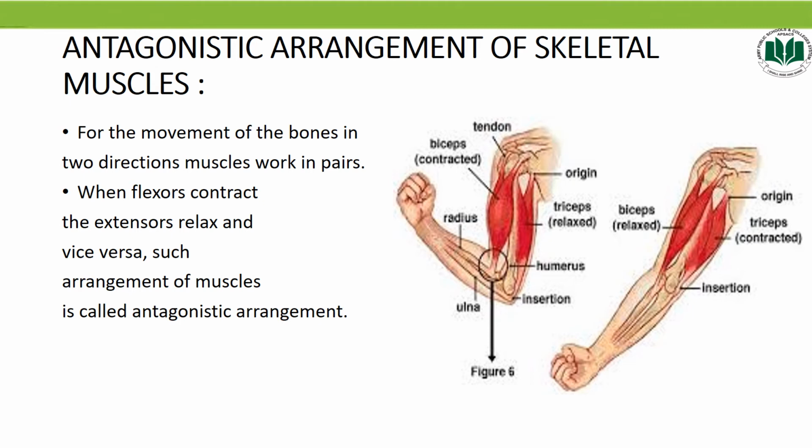So students, as you can see in the diagram, the bicep and tricep are a pair of antagonistic skeletal muscles in our upper arm and are connected to the bones of our arm by our tendons. And as we discussed in the previous lectures, tendons are basically the attachment of muscles to the bones. And as you can see in the diagram, the skeletal muscle is attached to the bone at two or more places.